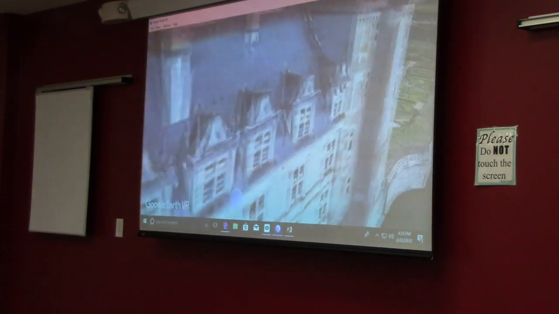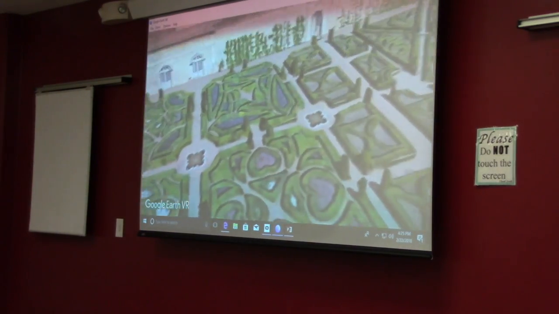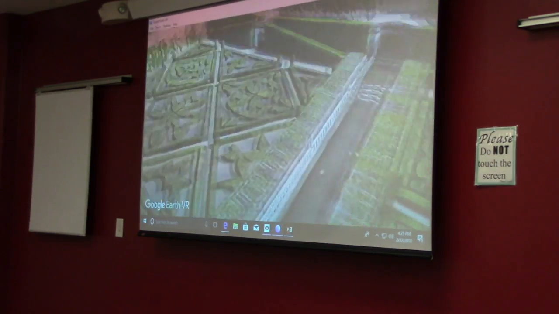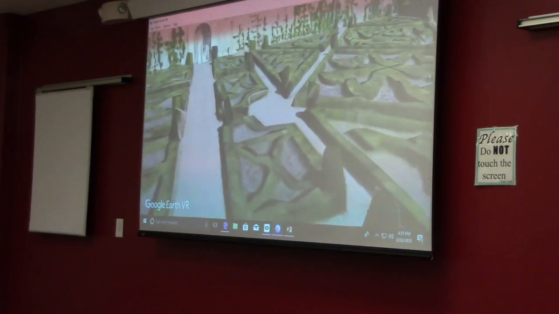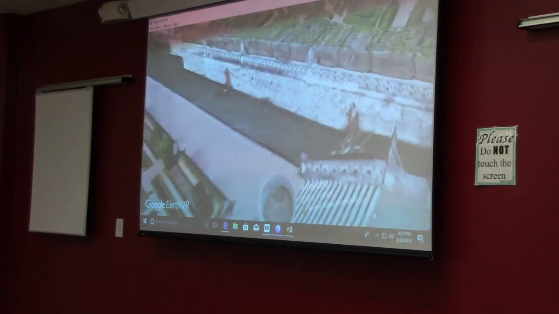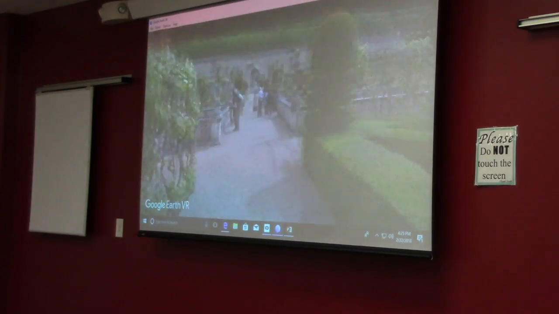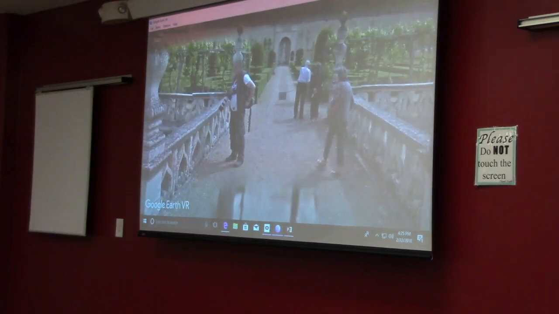It'll take a few minutes. It's quite data intensive. It happens faster at home. It'll look entirely realistic. This is the bird's eye view. You can fly around. Again, it's still loading. But we can go to an actual street view, and I can move around just like I'm there.